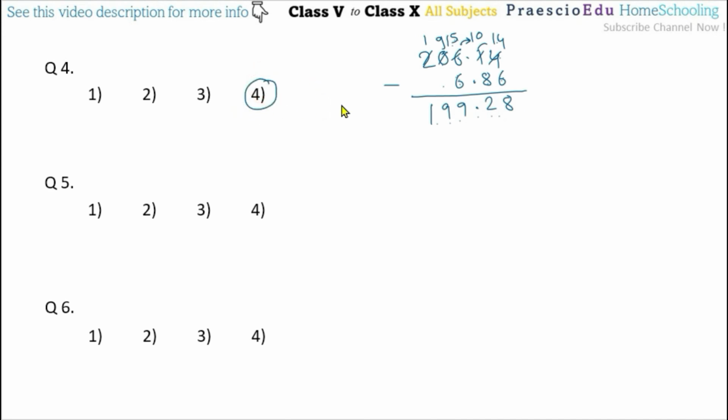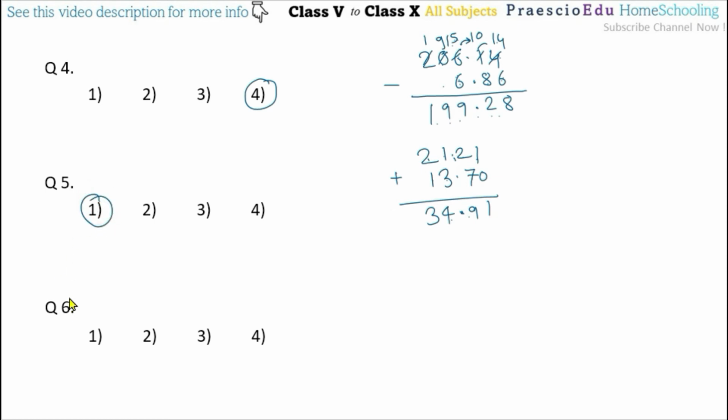Now question number 5: the difference between two decimal fractions is 21.21. If one of the fractions is 13.7, then what is the other? So for this we have to add 21.21 plus the other number, that is 13.7. After these additions, here 0, so 1 as it is, 2 plus 7 is 9, the decimal point as it is. Now 1 plus 3 is 4, 2 plus 1 is 3, so 34.91. This is given in option number 1.